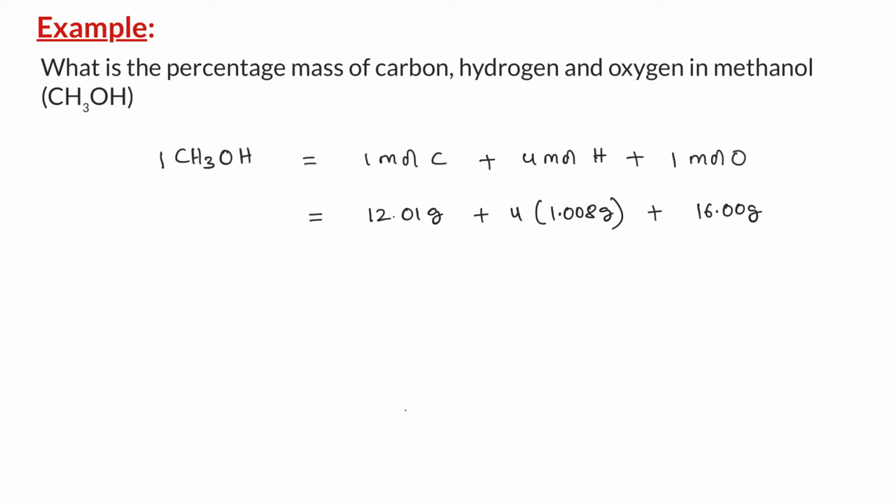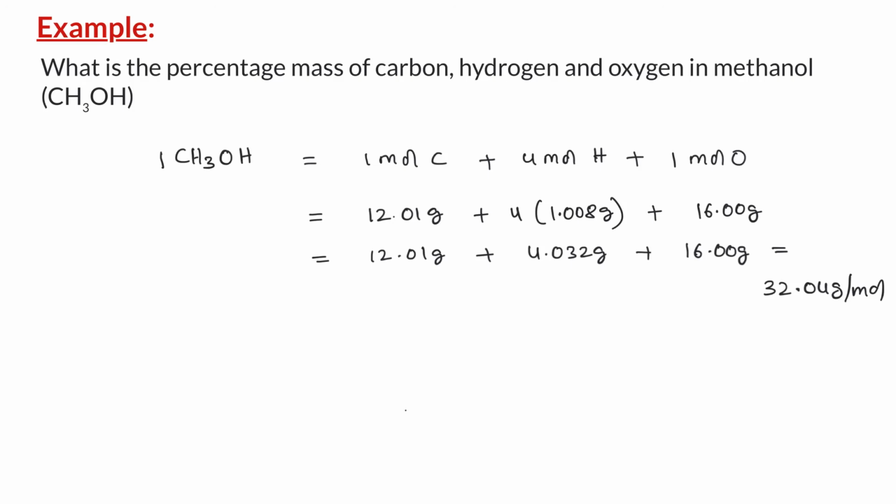If we do the math, 12.01 grams is contributed from carbon, 4.032 grams are contributed from hydrogen, and 16 grams are contributed from oxygen, and the molar mass of methanol is